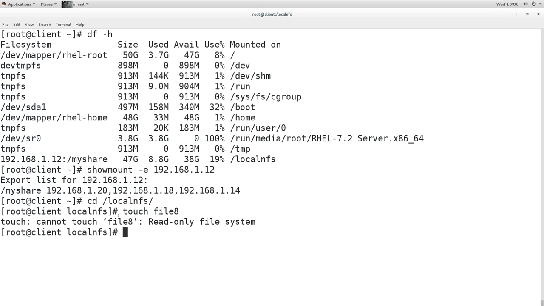Now what it is saying here is that it is a read only file system. Instead I have given everyone write permission from the local advanced ACL permission, but still it cannot write because the share permission is saying no write, it is only read only.